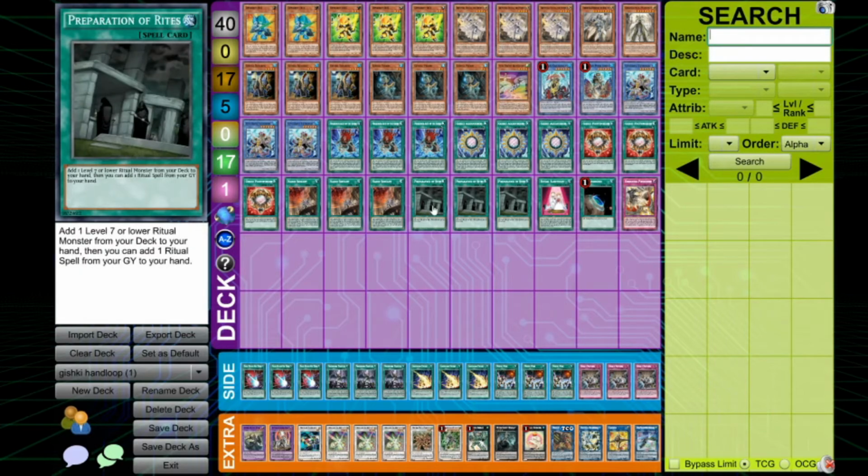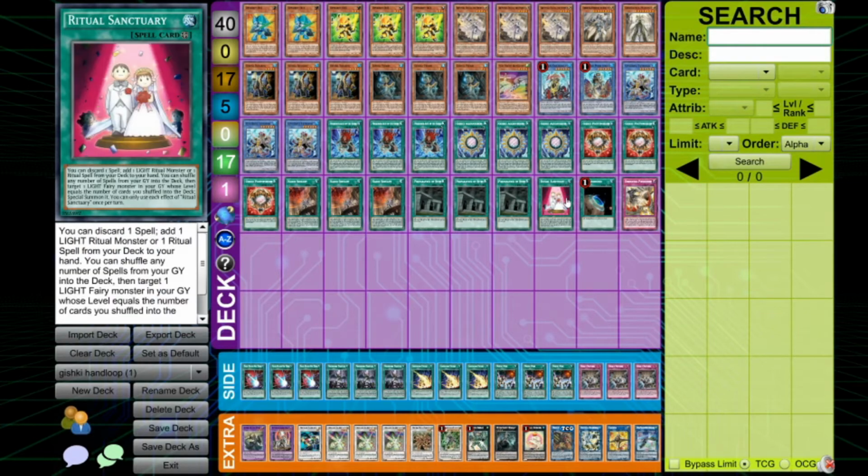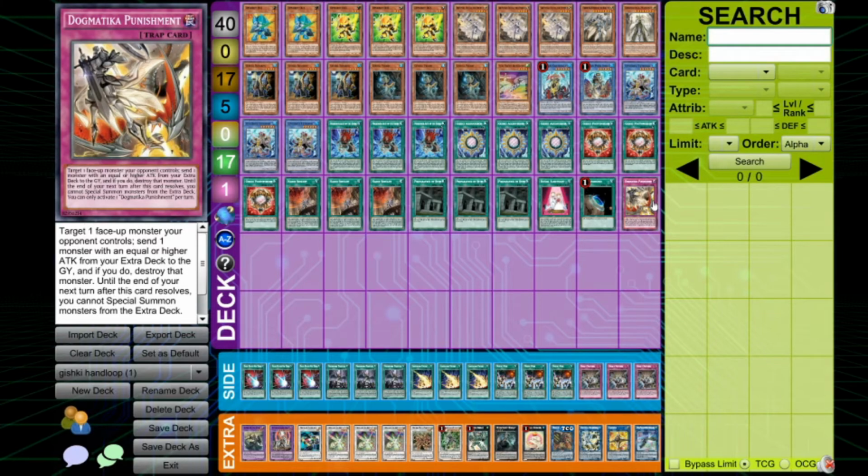Then Prep, because you can add back your Mirror, and it adds level 6s, so you add Gust Kraken or Mind Augur. Then 1 Ritual Sanctuary, 1 Terraforming. Terraforming just because you want the spell engrave for Ritual Sanctuary. It gets rid of like the worst ritual spells to add the better ritual spells. And it also respawns Herald, which helps you do more combos and maybe potentially end on the gate if you really want to. And then 1 Punishment, because you can add it and